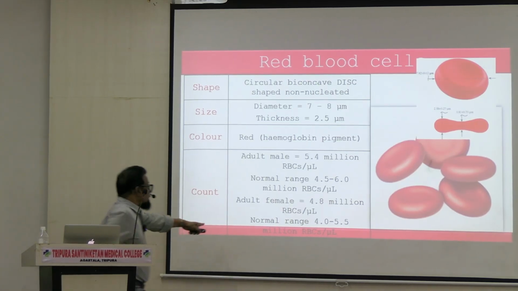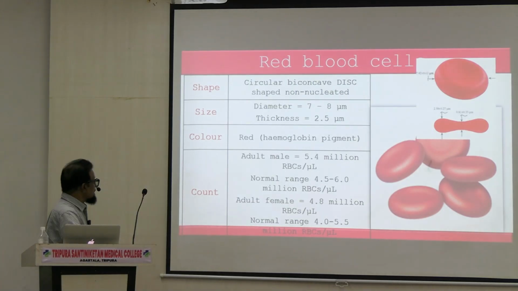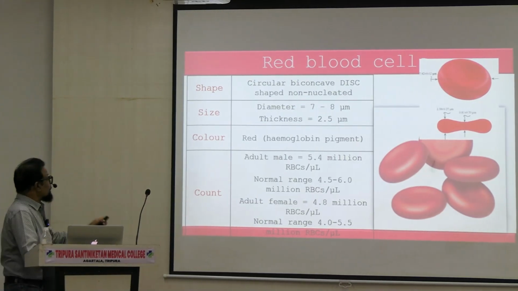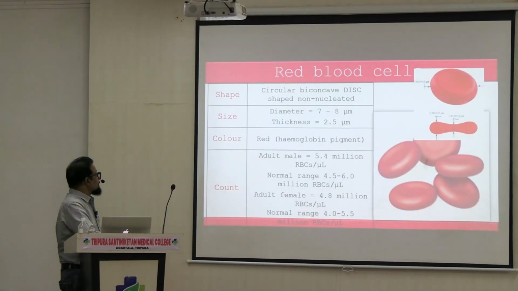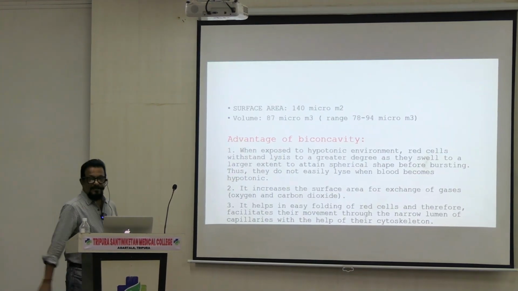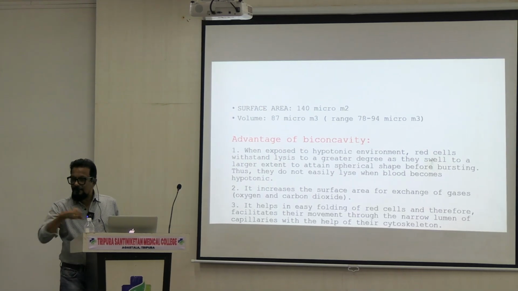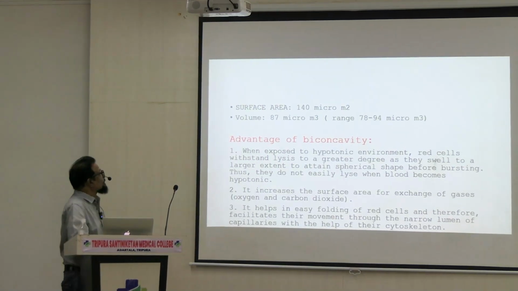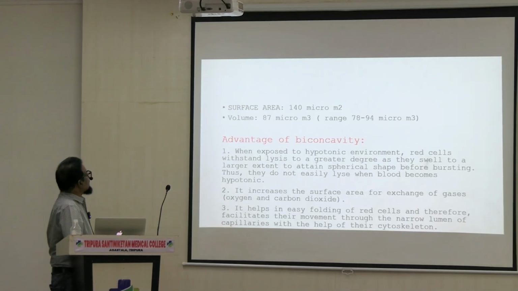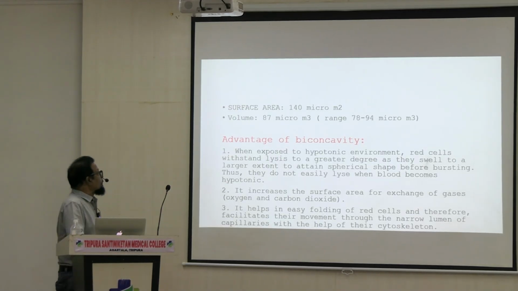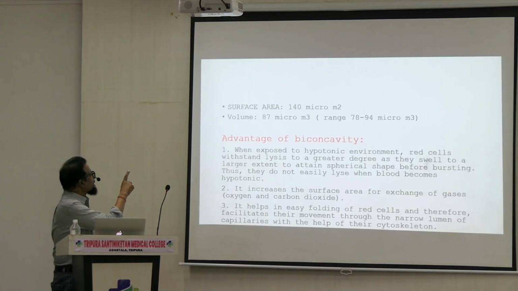and the normal count you have to remember, all these values. Okay, you know it well. We have discussed in our earlier class. So this may be asked in the biopsy exam, so you must know the normal values. And its surface area of RBC is 140 micrometer square, and its volume is 87 micrometer cube, and it ranges from 78 to